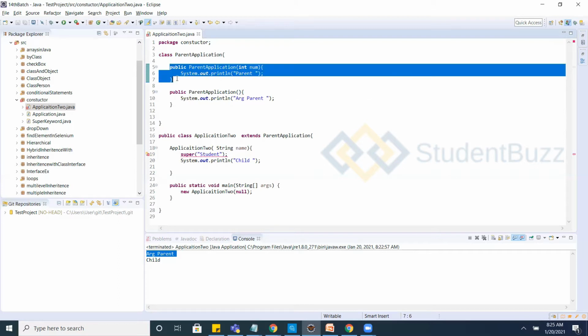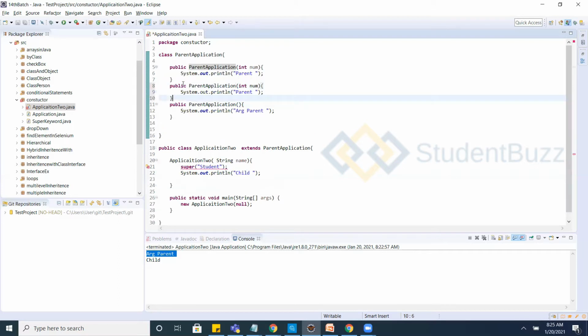For example, I'll copy this and paste it here. See, it gives an error. If I say float, set this constructor's parameter as float. You may have one, two, three, or any number of parameters, but for whatever method or constructor, the data type of the parameters should be different.